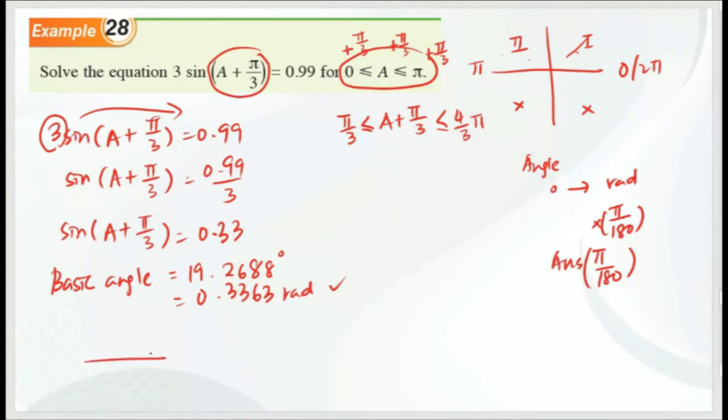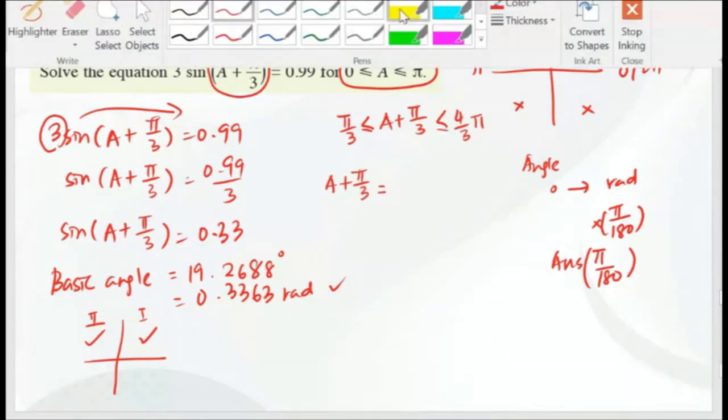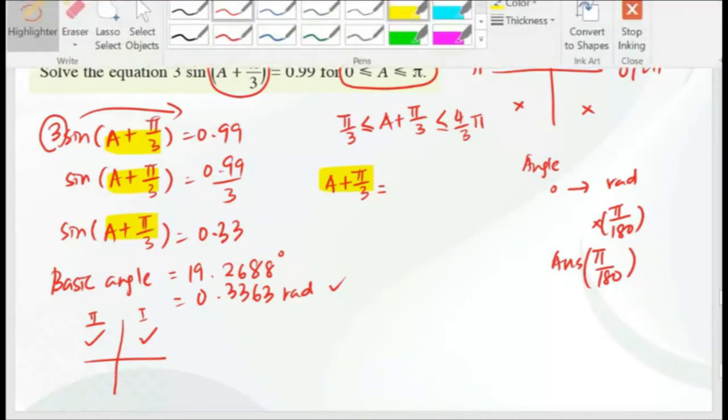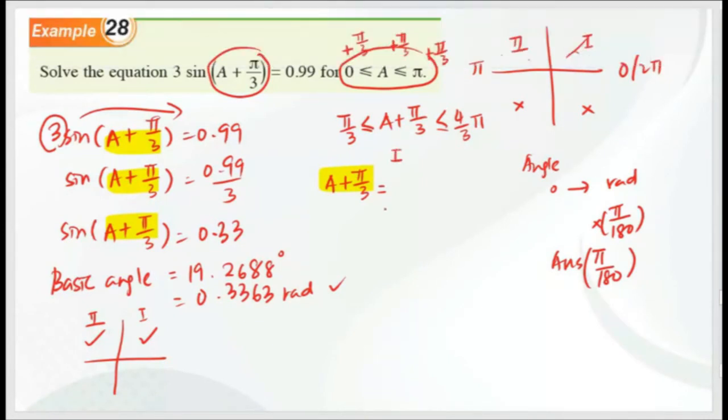Then determine which quadrant is positive. Positive for sine: first and second, All Students Take Calculus, all sine. Okay, first and second quadrant. So your answer will be in the first and second quadrant. Why? A plus pi over 3 equals, because this is the angle, A plus pi over 3, first and second quadrant. First quadrant,